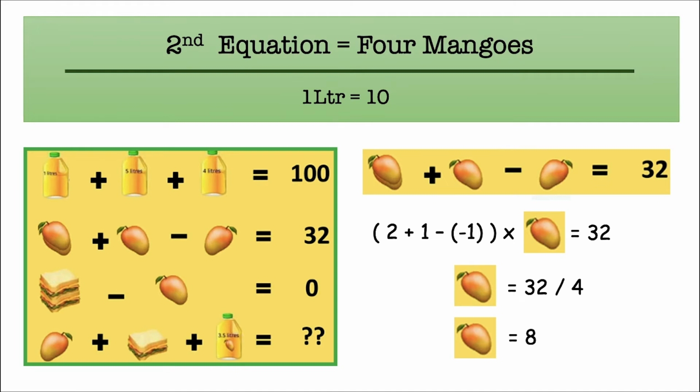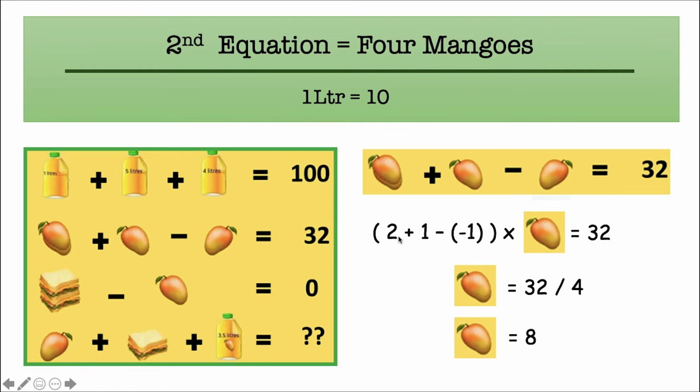In the second equation, we can see we have got 4 mangoes, but the mangoes are in different positions. That means this mango we can see is looking as a mirror image of this mango. So for the mirror image, we should take the negation value. That means this is our normal mangoes. So there are 2 mangoes. I have written 2 here. This is 1, and this is the mirror image. So for this I have written -1 as the value.